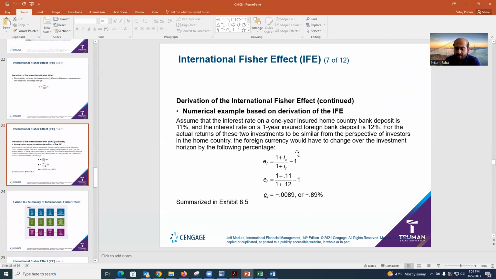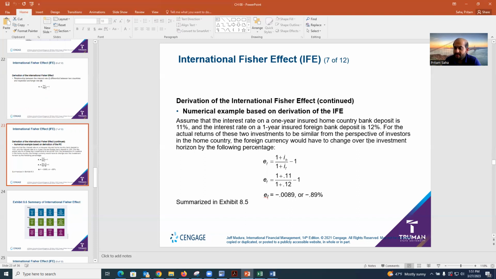Now, if you go to the main formula, the real formula, and look at the examples, assume that the 1 year deposit rate in the home country, let's say US, is 11%, and the 1 year deposit in the foreign country, let's say UK, is 12%. Now, if the actual returns putting money in US versus UK need to be the same, then how much